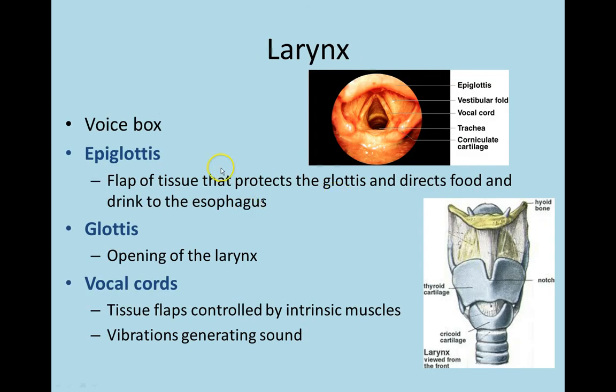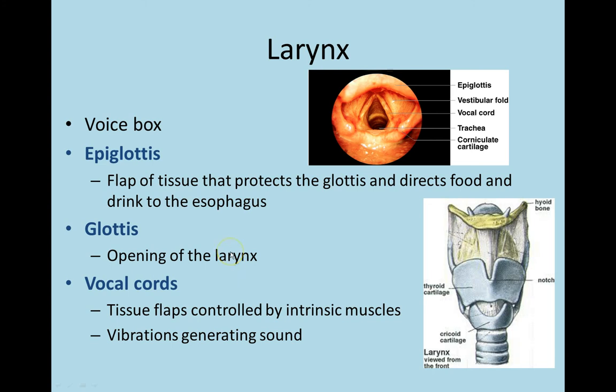As I was just mentioning, the epiglottis is part of the larynx. It's a flap of tissue on the superior end or top of the larynx, and it can slam down and protect the opening of the larynx called the glottis. The lumen or opening inside of the larynx is referred to as the glottis. So the epiglottis sits on top of that opening, which is why it's called the epiglottis, epi meaning on top,